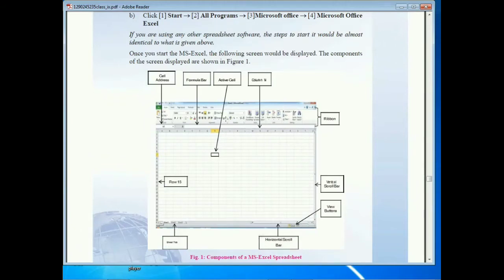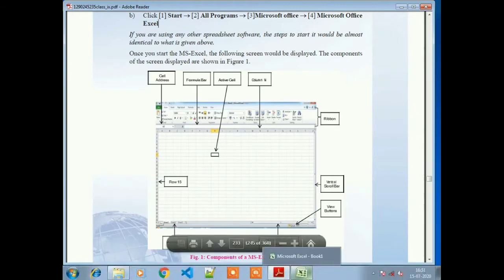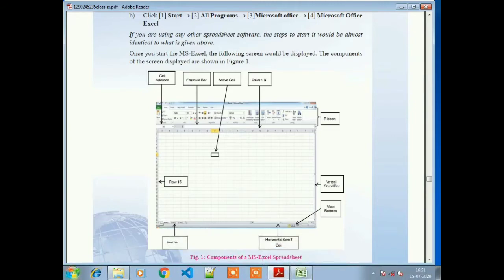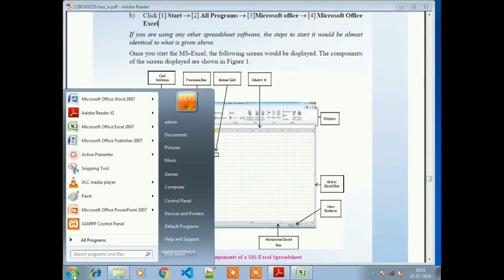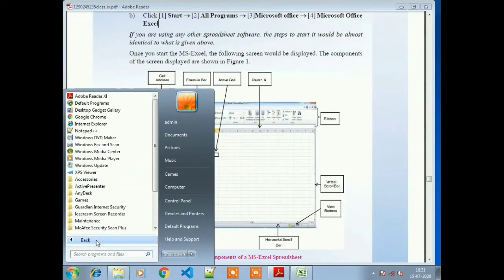Now I am going to show you a full screen, as a practical topic, how we can start Microsoft Excel on a computer system. So now we have a screen with the taskbar, and in the left corner we can see the Start button. We'll click on that, and there are many options, but we'll go to All Programs.